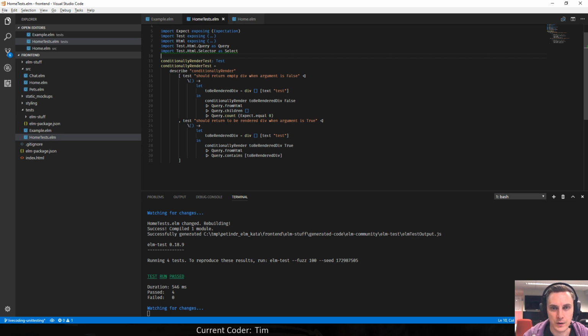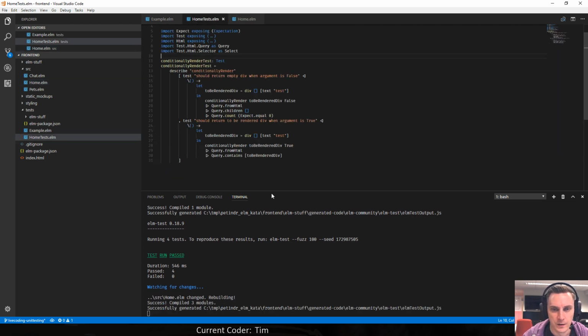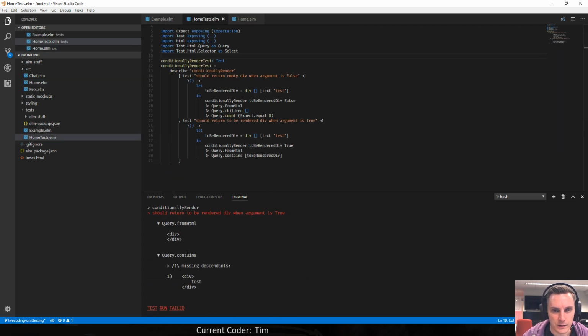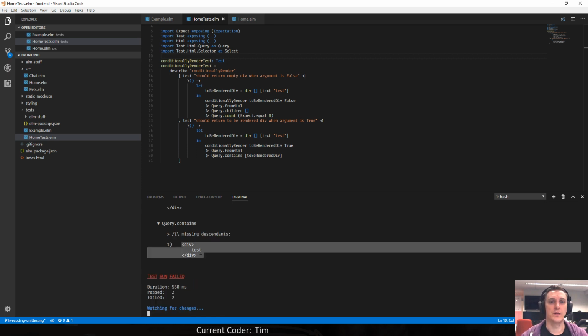Like when you saw that when the test failed, there's output involved, like it's saying, hey, this is what your from HTML thing looks like, and I'm expecting this thing to be in there.